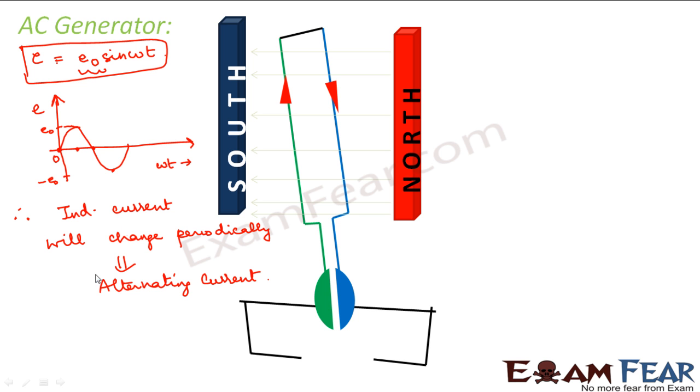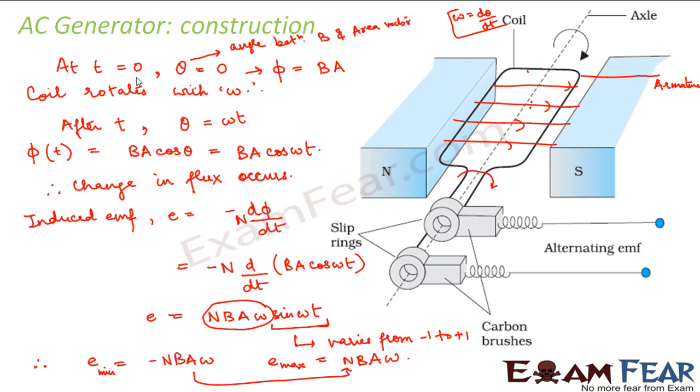Now, what is this omega? Omega is the angular velocity, right? So what did we see here? The purpose of a generator is to convert mechanical energy into electrical energy. So where was the mechanical energy? Since this rod is getting rotated, who is rotating this rod? The rod is getting rotated by some external means. So that rotation of the rod is nothing but mechanical energy.